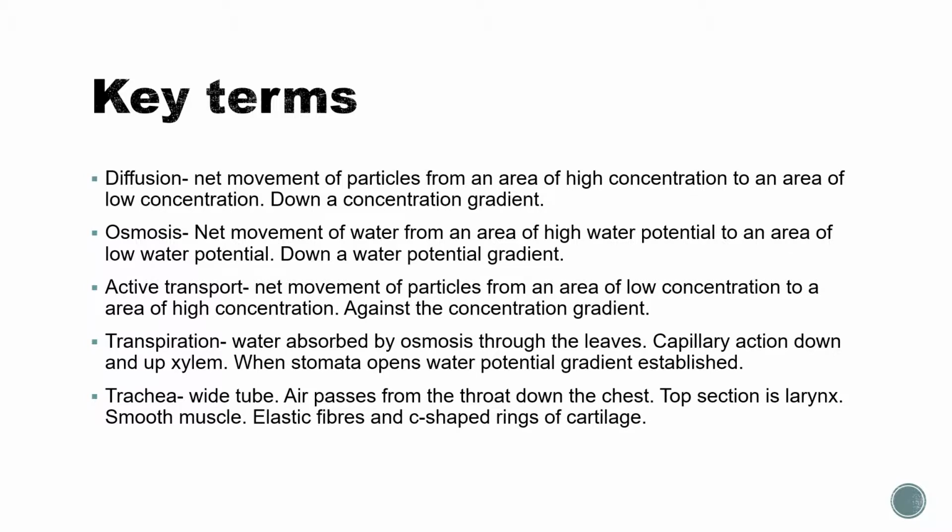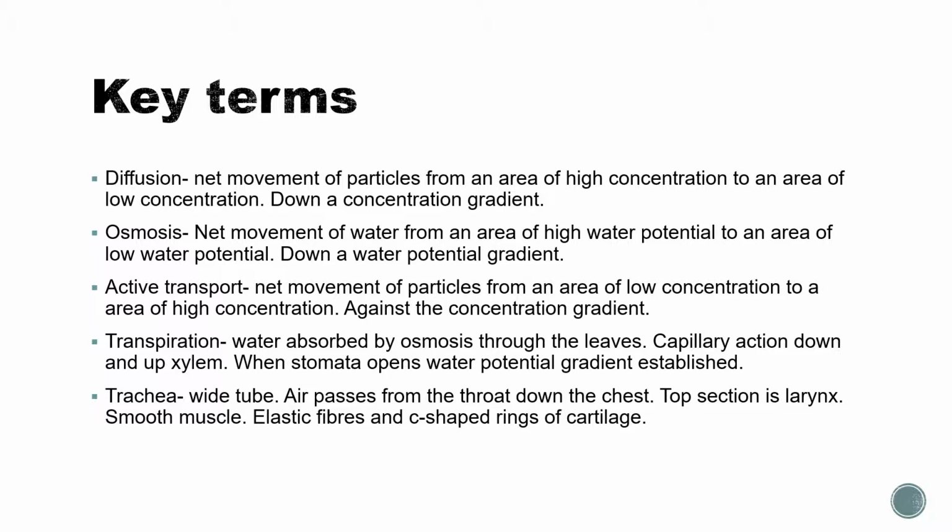Key terms: diffusion, which is the net movement of particles from an area of high concentration to an area of low concentration, down a concentration gradient. Osmosis is the net movement of water from an area of high water potential to an area of low water potential, down a water potential gradient. Active transport is the net movement of particles from an area of low concentration to an area of high concentration,